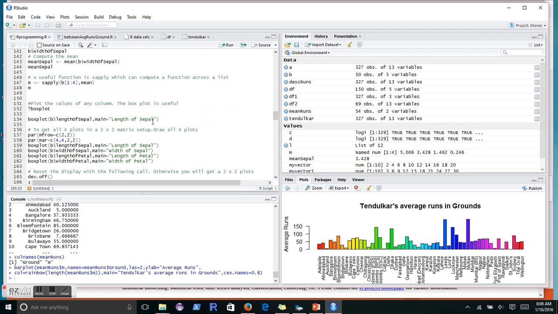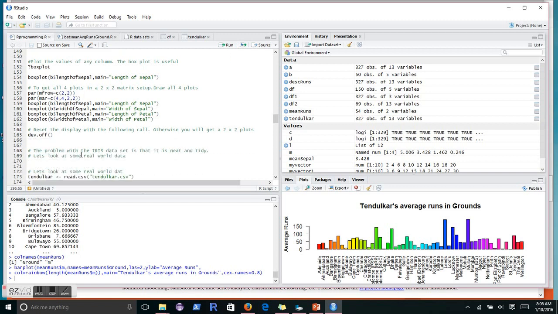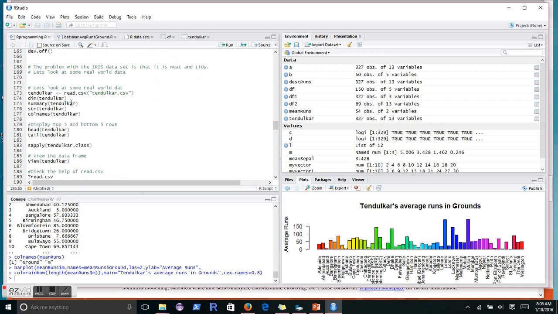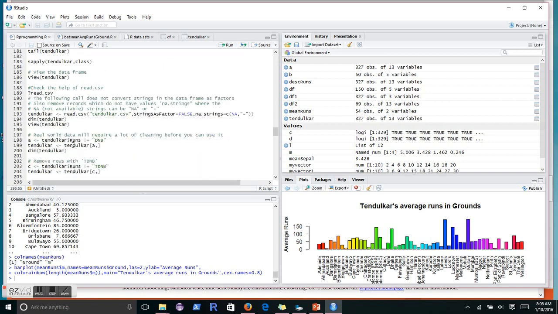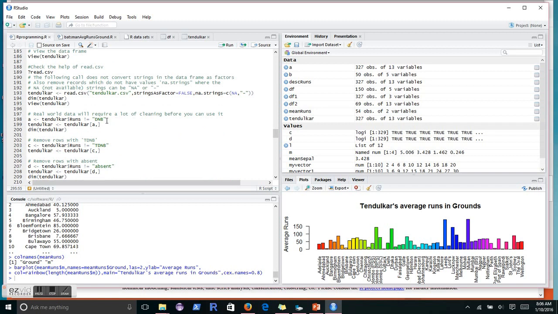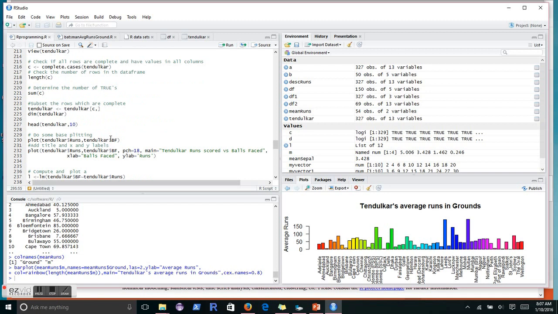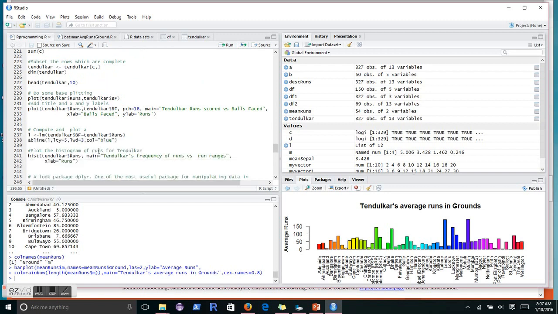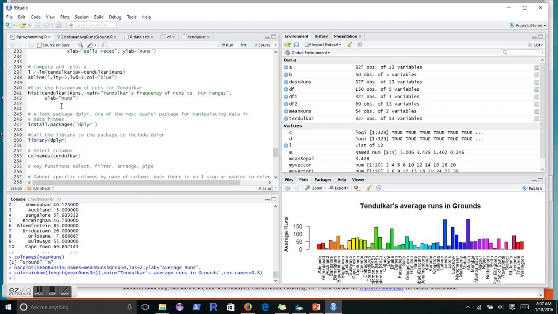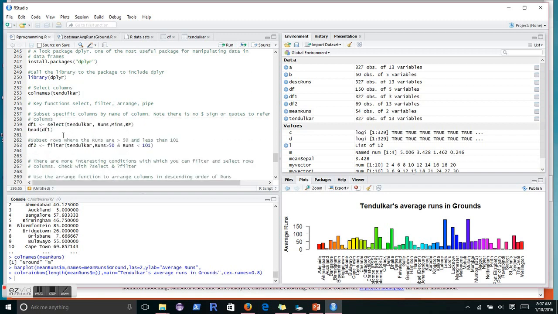and then some basic plots, how to display multiple plots as an n by n matrix, how to reset the display, and then again we saw how to do some basic cleaning of the data by subsetting and then removing those rows which have those offending characters, and I do a basic plot here, how to fit a regression line, and then finally we come to the dplyr package